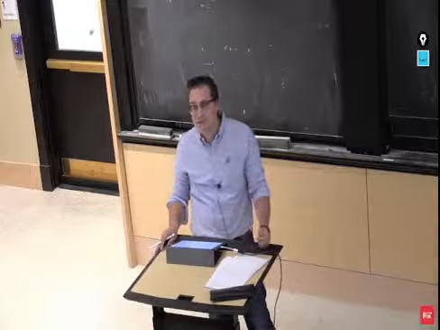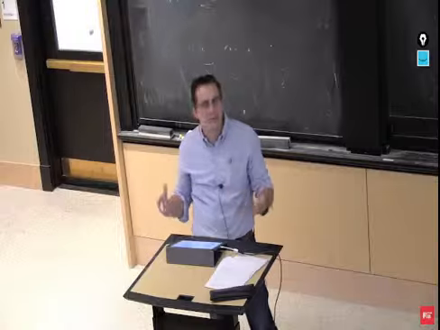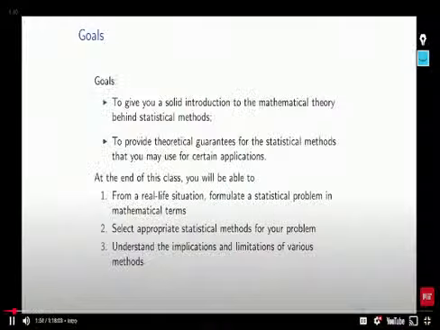And we'll be using mathematics, right? It's a math class, so there's going to be a bunch of equations, not so much real data, and statistical thinking. We're going to try to provide theoretical guarantees. So if I have two estimators that are available